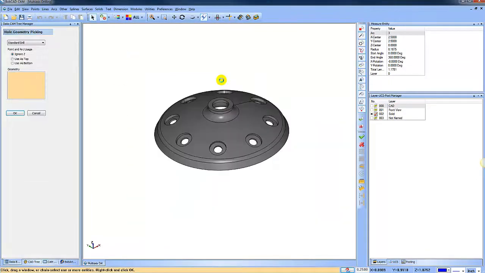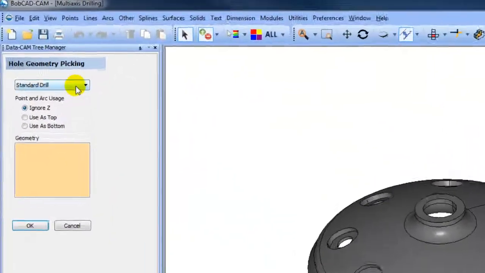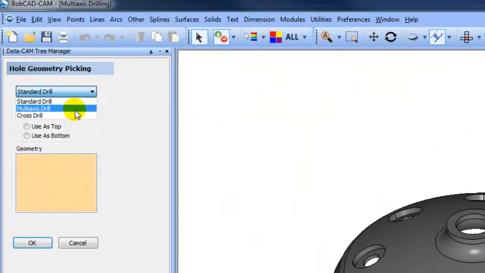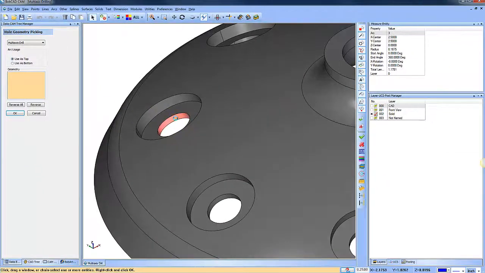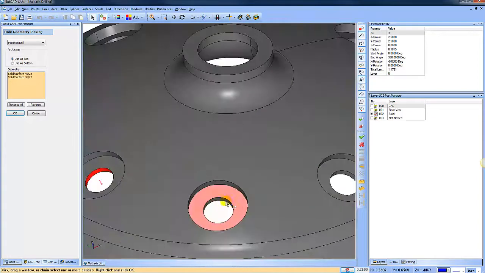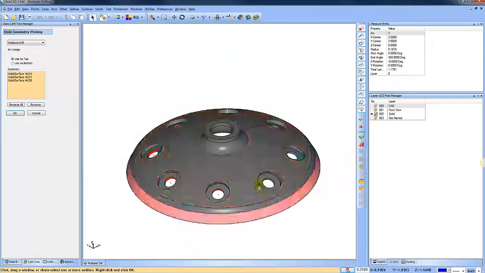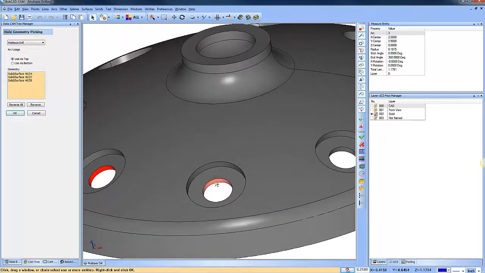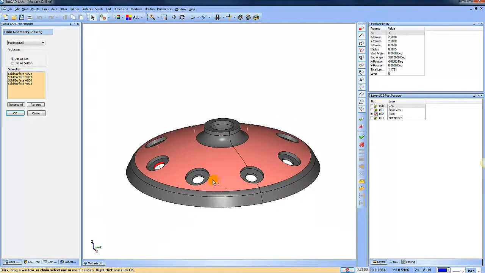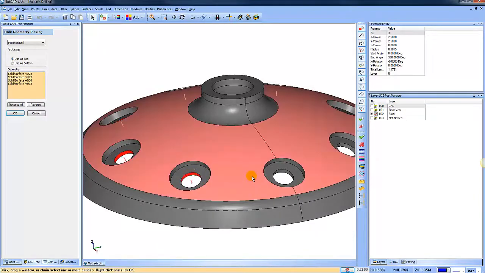We'll choose select geometry, and this time instead of our standard drill cycle, we'll use multi-axis drill. Now we'll select the cylindrical faces that we want to use for our hole locations. You'll notice as we select each cylindrical face, the software will populate an arrow indicating the direction that hole would